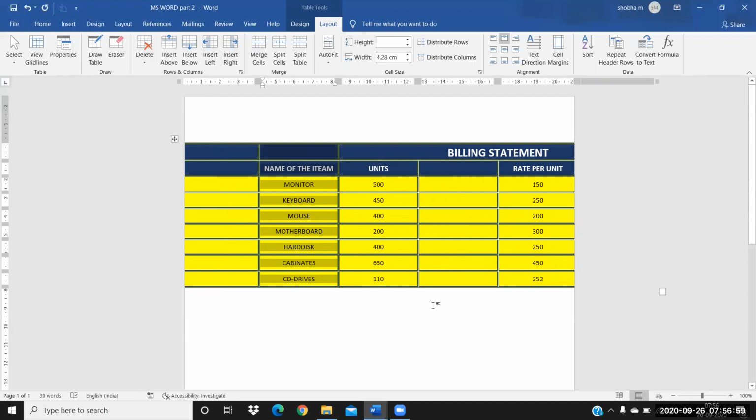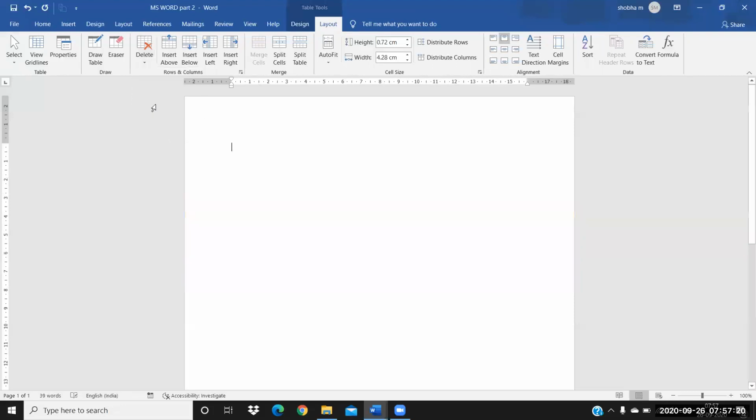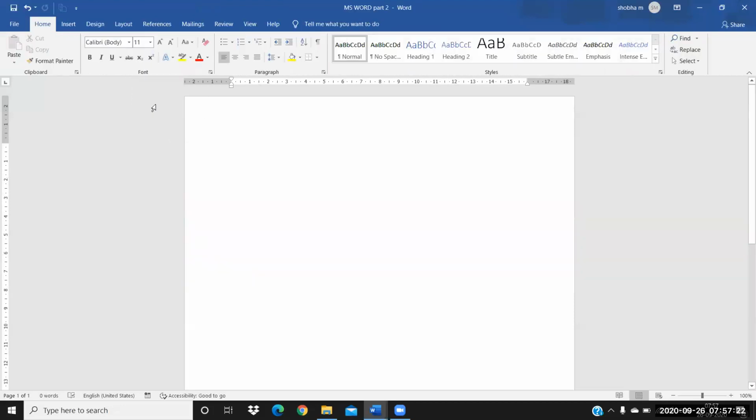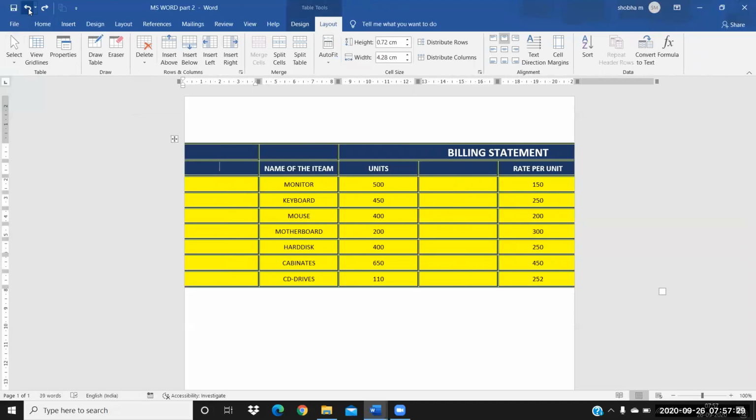Say, for example, you don't want the columns and you want to delete them. In that case, what will you do? Select this one. If you're selecting this, you are selecting a cell here. But you have a Delete option. It will help you delete a cell, a column, a row, or the table. If you delete the table, the entire thing gets deleted. See, like this. And whatever you have deleted, if you want it back, just click on Undo and it will come back.